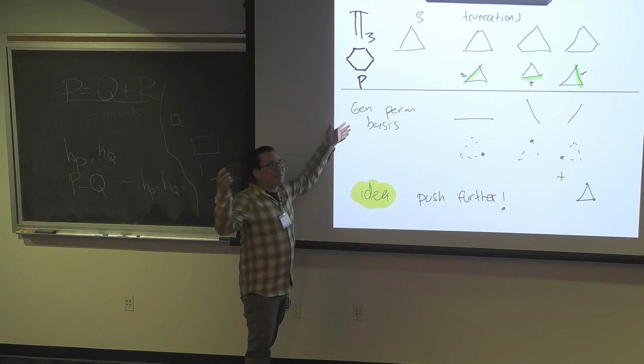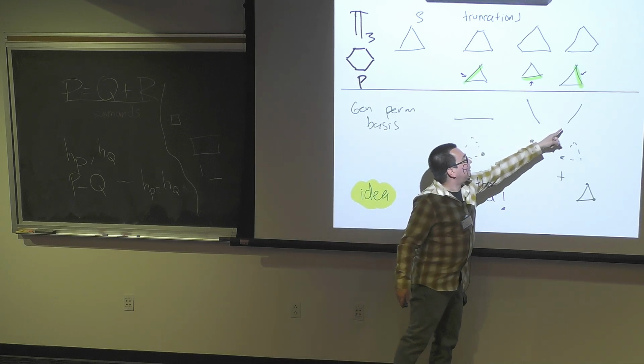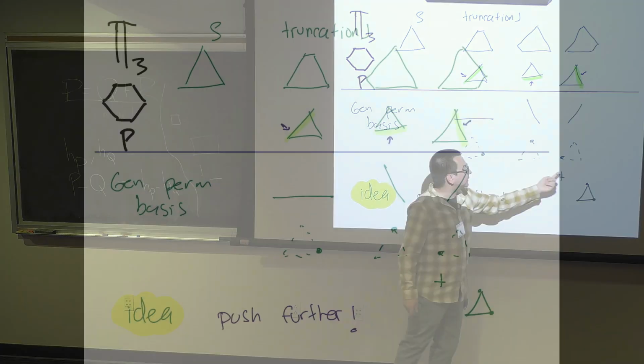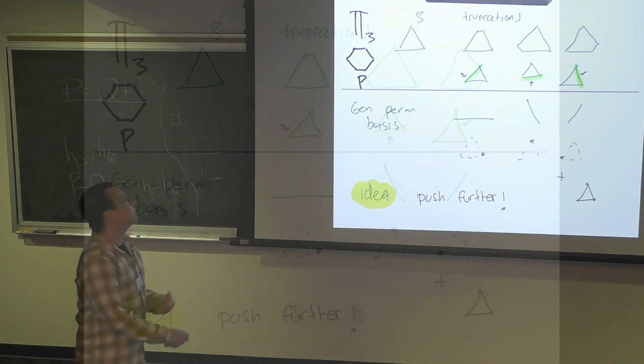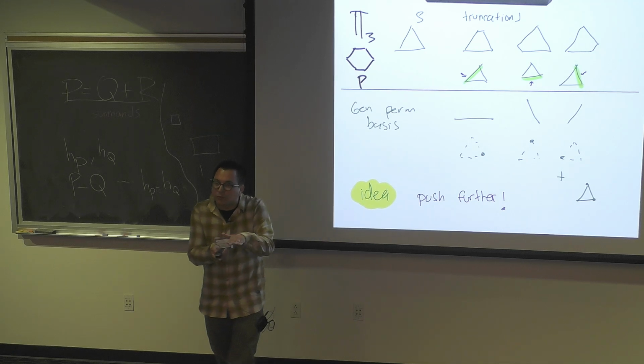But the dream case was not that. The dream case was all of the faces of that thing. So the three segments, the three vertices, and the original one. Okay, so we look at this and we say, what can we do? We need to fix this. It cannot be just the truncation, but the idea is that the truncation is too